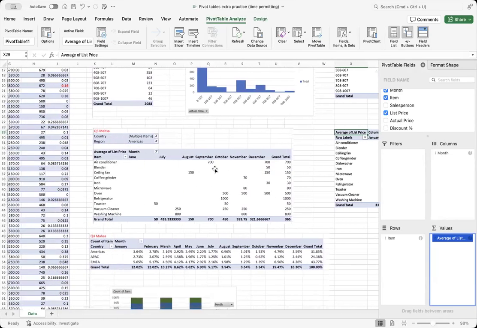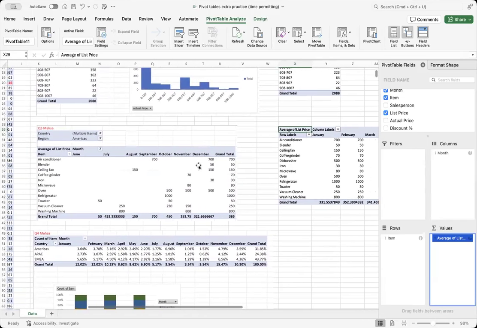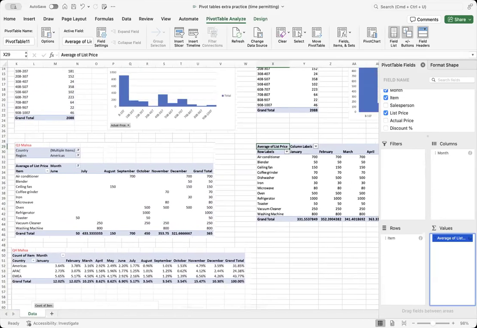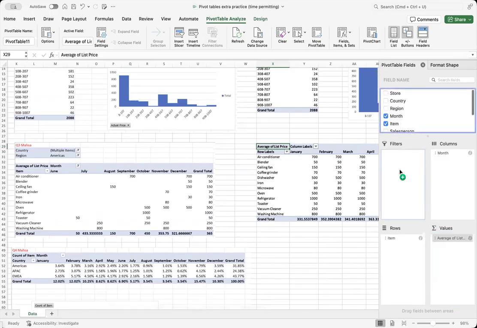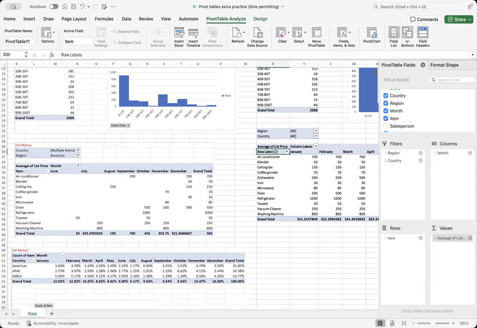So there are also filters in this question. Let's also add the filters. We have regions, and we also have country in the filters. That's why we drag them to the filters window. So let's see what is selected and what is not. First, let's change the labels. This has to be item. This one is